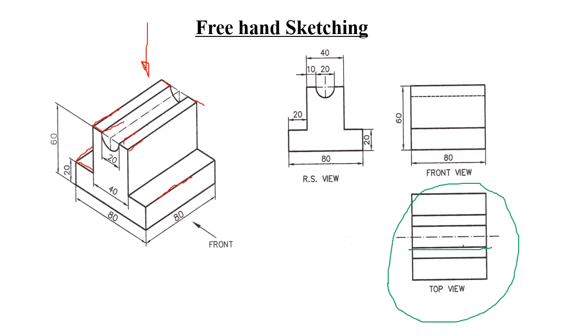So say this line is 80 mm. For this 80 mm, use your scale, get the starting point and the end point, and then use your hand without the accessory to join. Likewise you do for all the lines you are trying to do. That way you can assure that you are in fact doing freehand. But this will take some time and practice also. Straight away you cannot get a neat diagram. You need to take a lot of practice to do freehand sketching. So that is the top view.